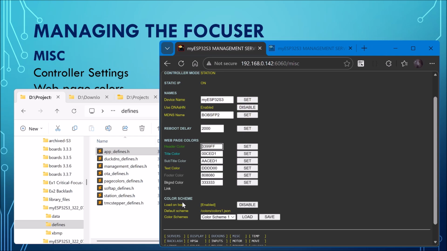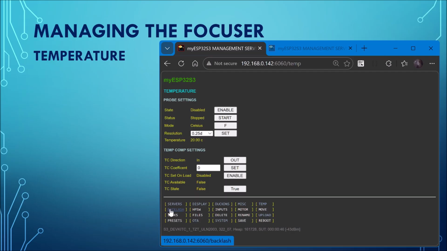And of course, we have things here to handle color schemes, and you can enable a particular color scheme when the controller boots, and you can change your color scheme by making some values select a particular color scheme and just go save. The temp page, last on the first row, allows you to control settings related to temperature,